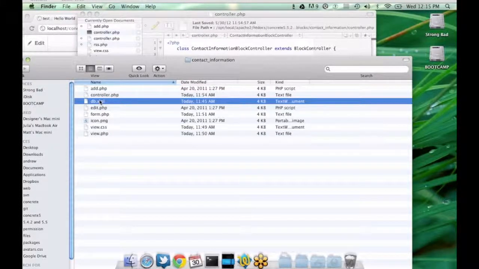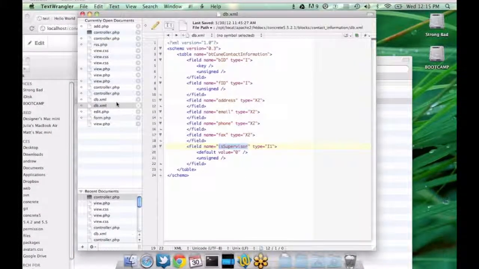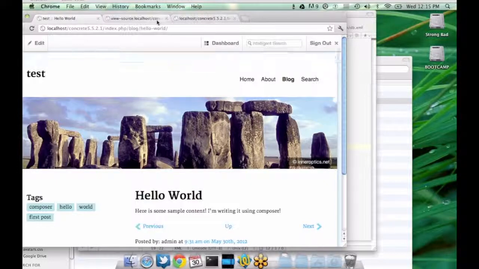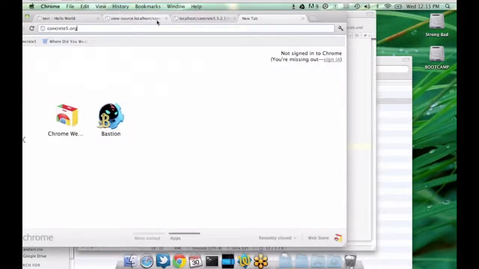db.xml is an XML file that uses the AXMLS format, that is found in ADODB documentation. If I go to